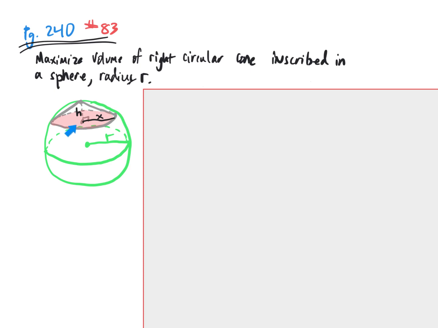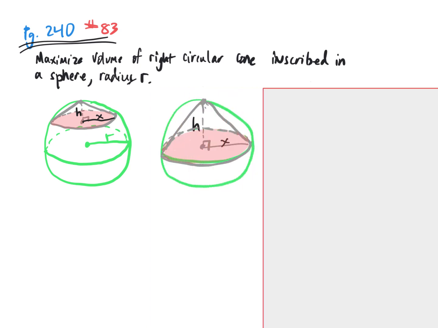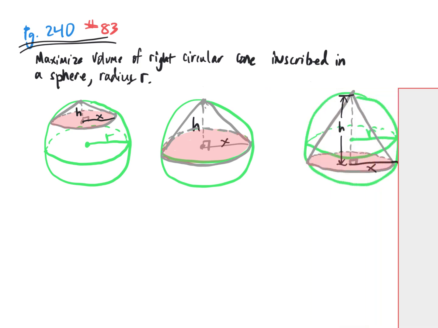And clearly we can make a bigger volume cone inscribed in the green sphere just by dragging that pink base down a bit. And what if we went past the equator with that base? The base is going to get smaller at that point, but we're also getting a higher cone, so maybe the extra height will outweigh the smaller radius of the circular base. And maybe somewhere between the equator and somewhere down here is the place where the cone would be at maximum